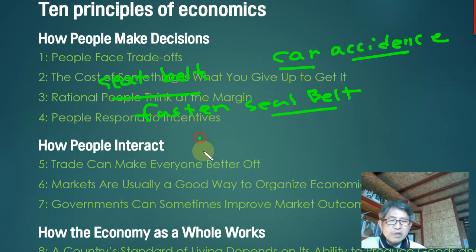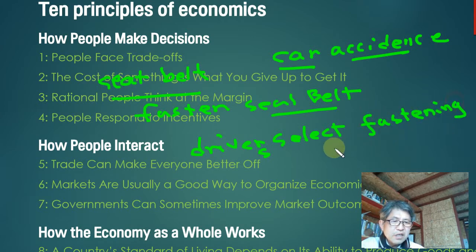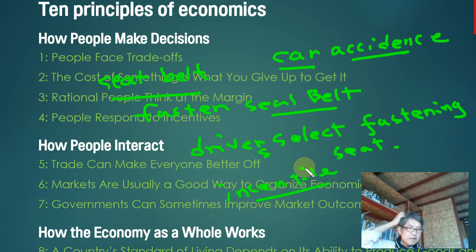Once the drivers select fastening the seatbelt, what is the incentive? Okay, they have two incentives. They can be paid once the accident happens, and also one more incentive is they can reduce the mortality,